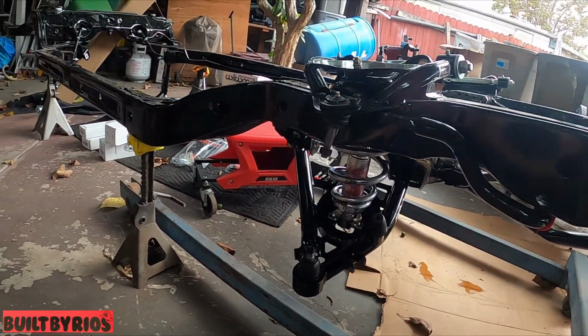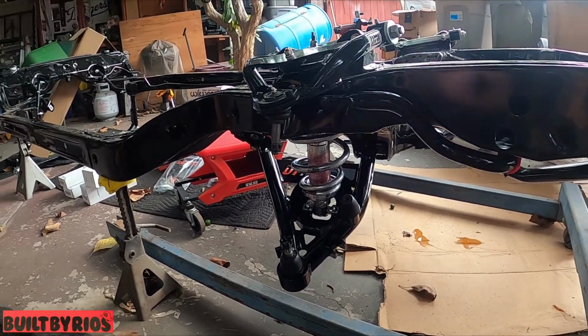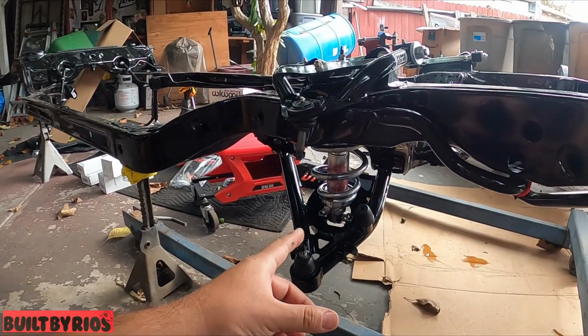Guys, we're doing an update on an update of an update. This is a Flacco's 87 Aerocoupe frame. We put the